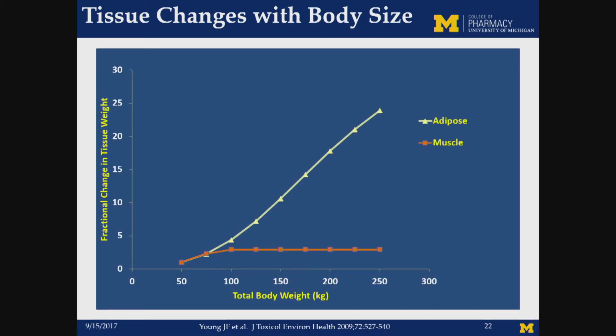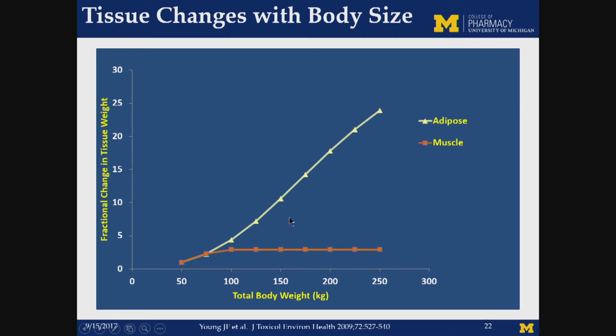So when you think about all these different scenarios that have been presented so far, what are the actual physiologic changes that we've seen? One of the studies that's really done this well is a study done by Jeffrey Young and colleagues at the National Toxicology Center that looked at autopsy data in over 300 individuals to quantify what happens to tissue as body weight increases, and created mathematical models to explain this. What you see in this graphical representation is an expectation that when individuals are over 100 kilograms, what you really see is a gain in adipose mass